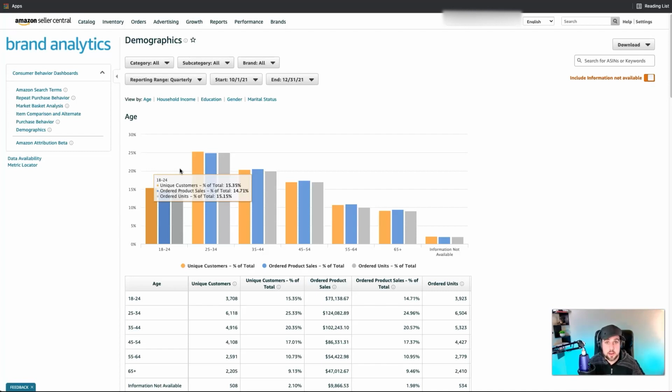Because at the end of the day, when we're going to shop on Amazon, and myself included, if I'm going to a product and I'm making a purchase and all of a sudden I'm seeing an 80-year-old woman in every single product, I'm probably not going to want to buy it. I want to be able to relate with that particular product or the people in the photos using the product, because everyone wants to be part of that clique or group. So with this being said,